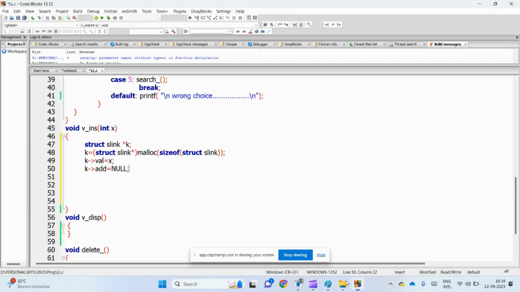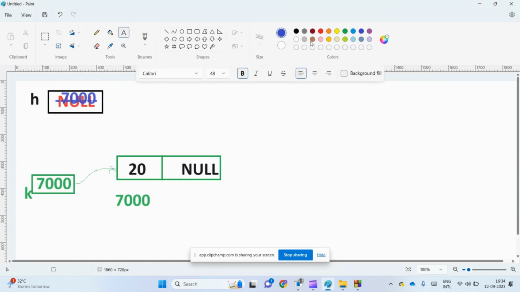We will first check whether head equals null. If head equals null, then I will change this value to k. In the else case, there are a few nodes that are already there. So in the else case, what is the scenario? Say for example,